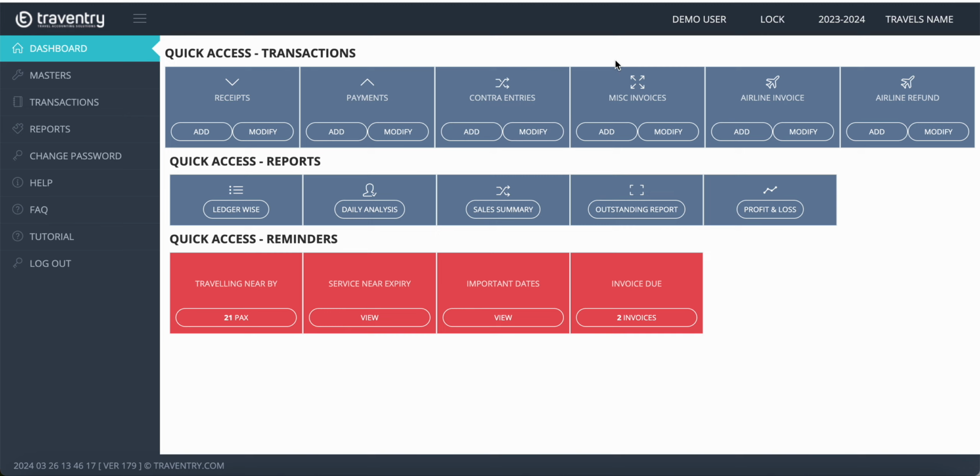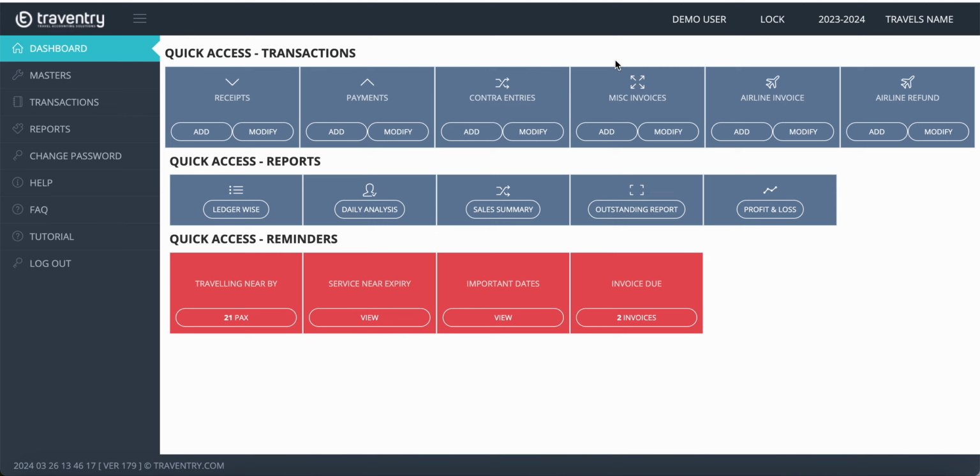Hence, it's imperative to ensure whether the software will still be available for use for the new financial year. Once we have created a new financial year, all the balances from the old financial year will be available